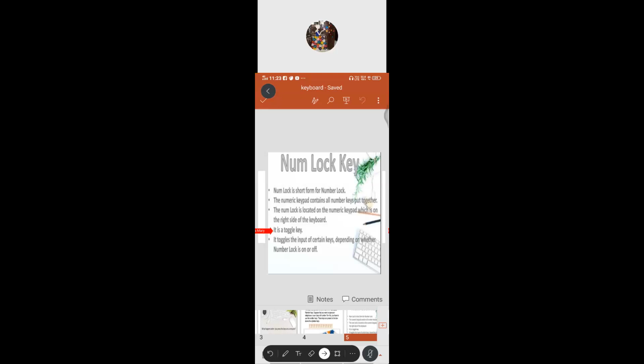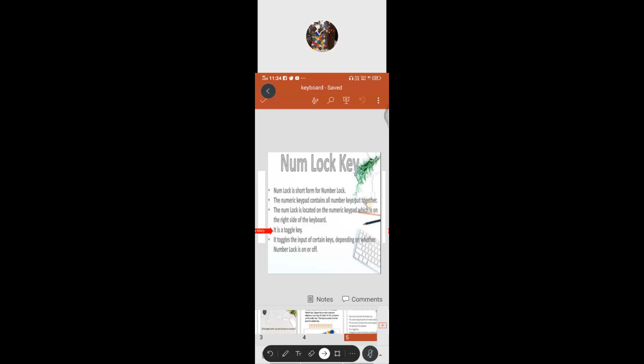When num lock is on, the keys are used to input numeric characters. For example, pressing the number 8 key when num lock is on inputs the value 8, which we can see on the screen.